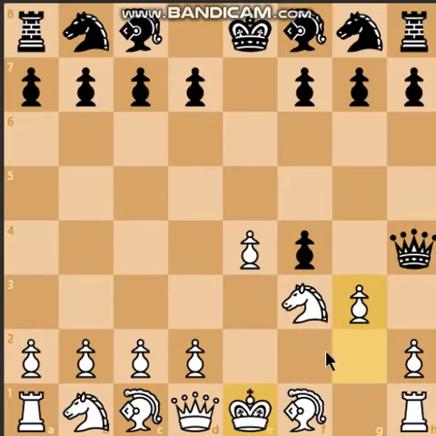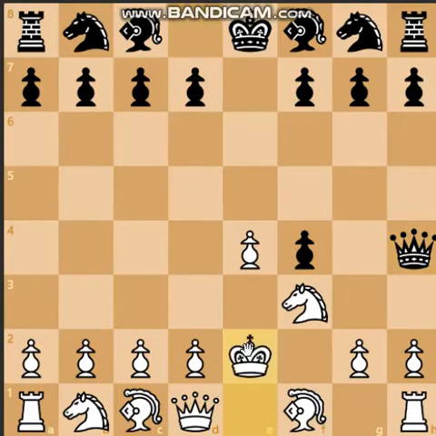and you might lose the castling privileges. Let me show you this again. Like you have to play king to e2 or something, and you will lose your castling privileges, and black is going to have